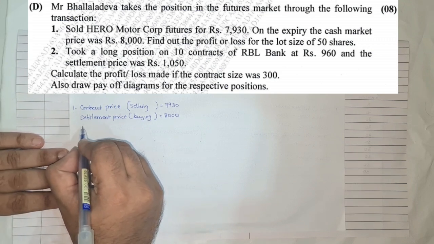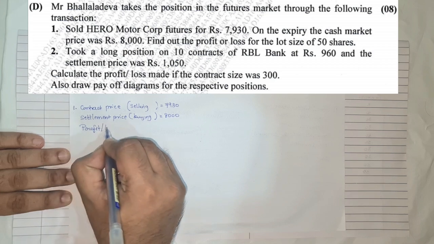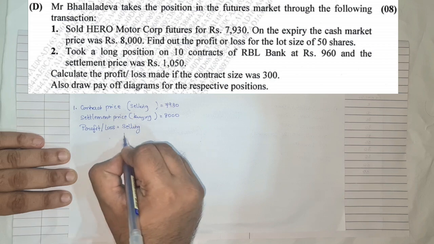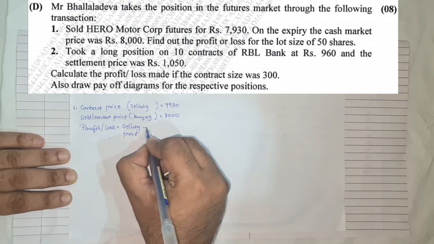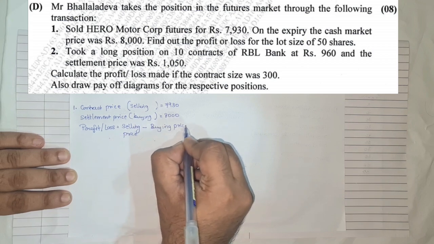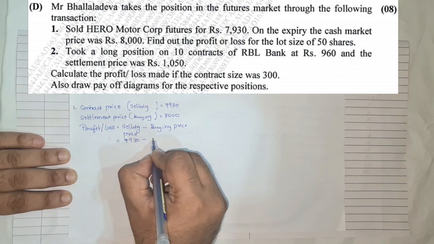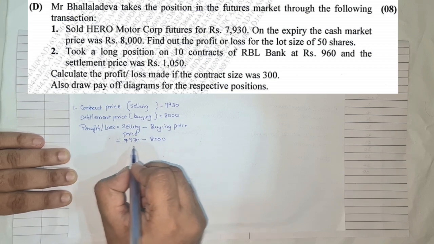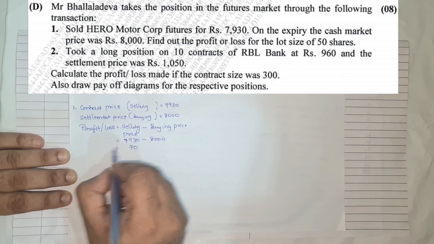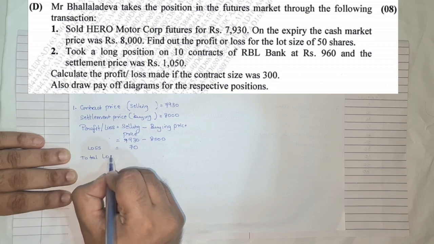Okay, so the next step is we need to find the profit or loss. So we note down the formula. Profit or loss is equal to selling price minus the buying price. So our selling was 7930 and buying is 8,000. So basically there is a loss of 70 rupees. Okay, so we have a loss. So total loss,